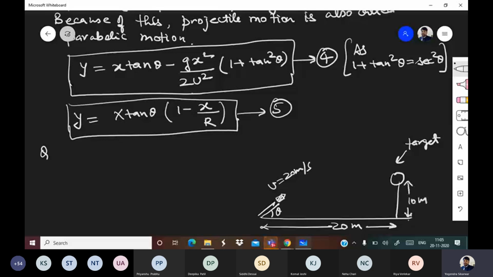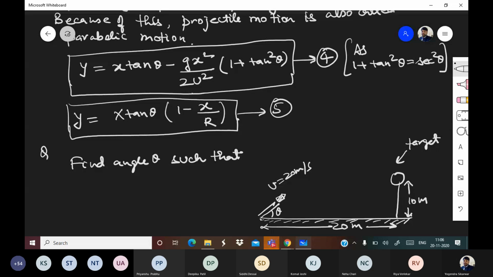The question says find angle theta such that bullet hits the target. Please find value of theta such that